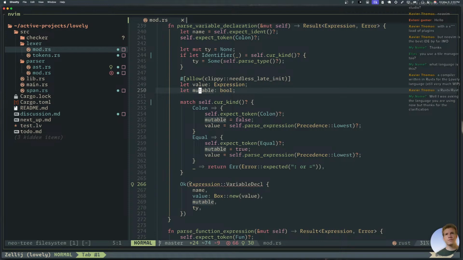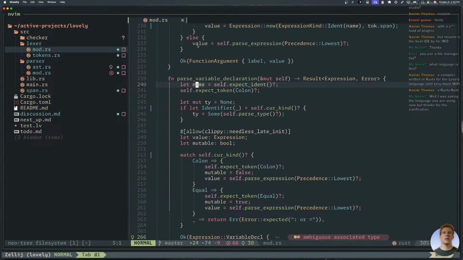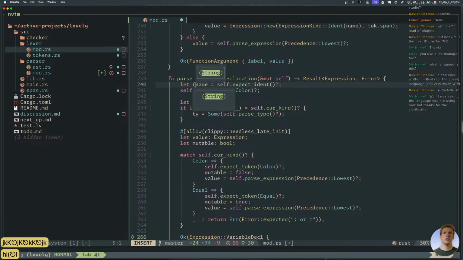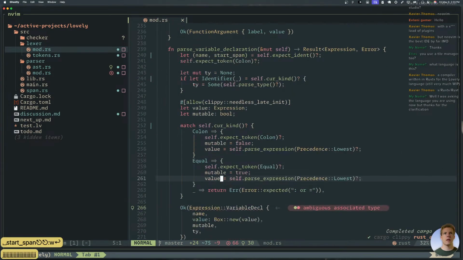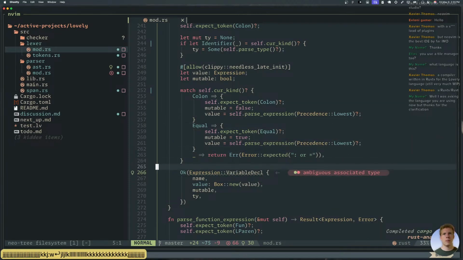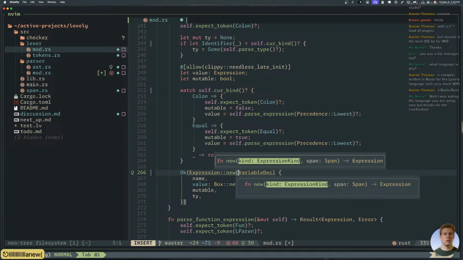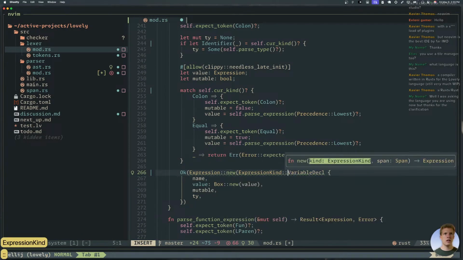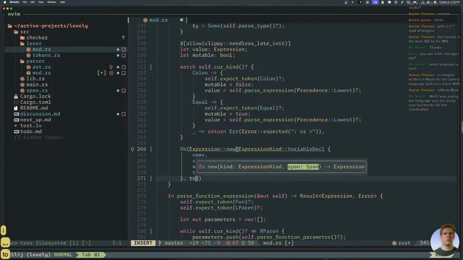So I'm gonna say, oh yeah, okay. So name and start span, right? All right, hang on, we'll do this actually. Expression, colon, new, expression, kind, and then that. And then in here, we'll have some to-do span.